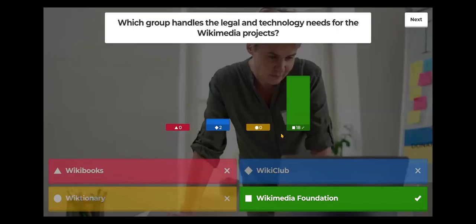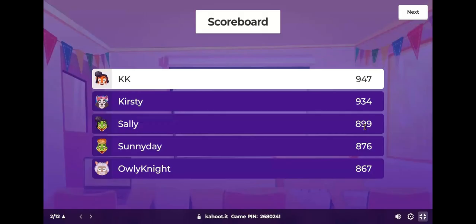Most of you got the correct answer, which is the Wikimedia Foundation. If you're just seeing the shapes, you can see the options on the shared screen. We're waiting so everyone can answer correctly. You'll see the shapes, but the options will display on the shared screen.